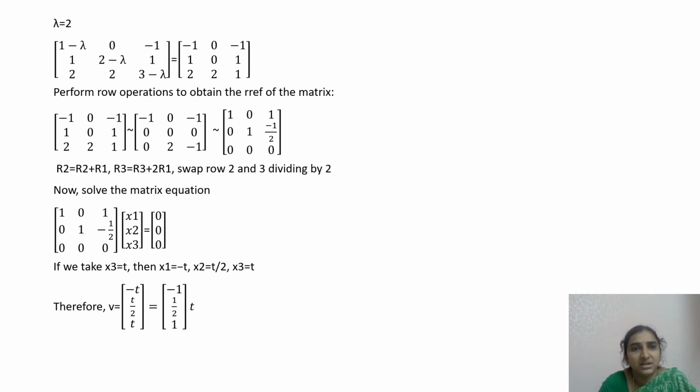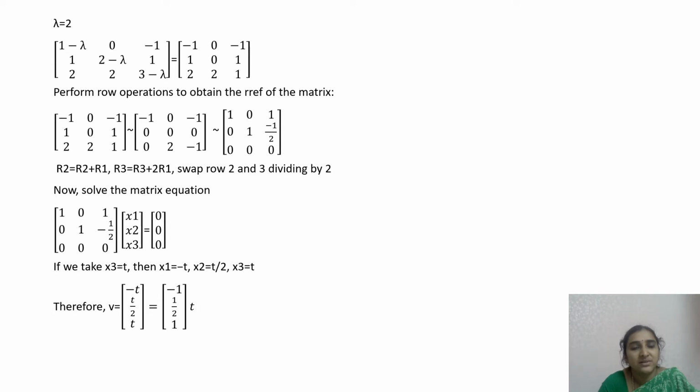Now let us find the eigenvector for the corresponding eigenvalue lambda is equal to 2. Consider the matrix [1 - lambda, 0, -1; 1, 2 - lambda, 1; 2, 2, 3 - lambda]. Substitute lambda is equal to 2 in this matrix. The resultant matrix would be [-1, 0, -1; 1, 0, 1; 2, 2, 1]. Perform row operations to obtain the row reduced echelon form of the matrix. For this matrix,